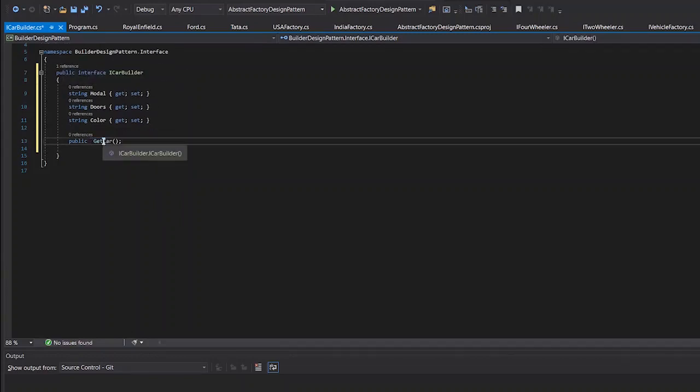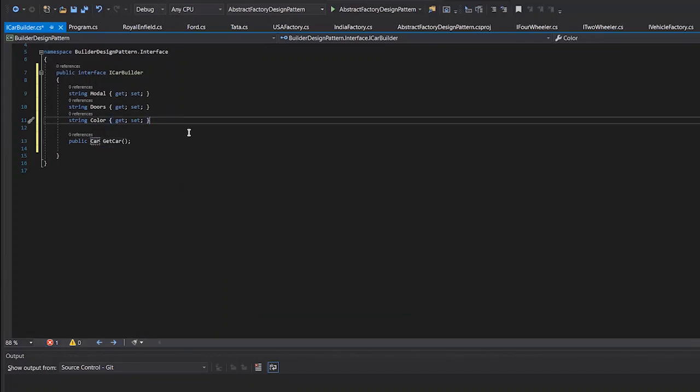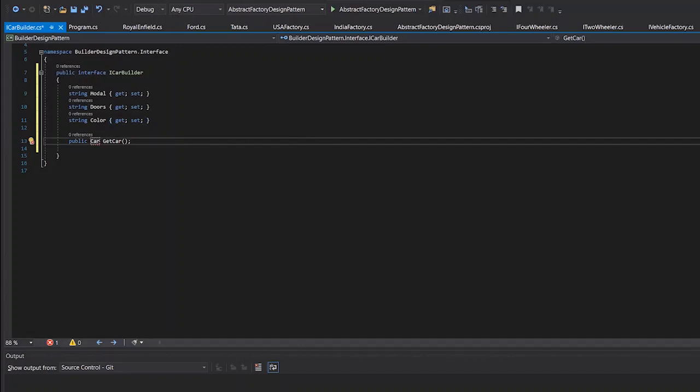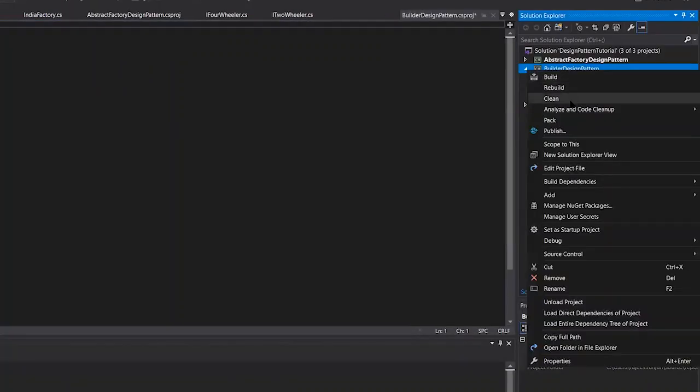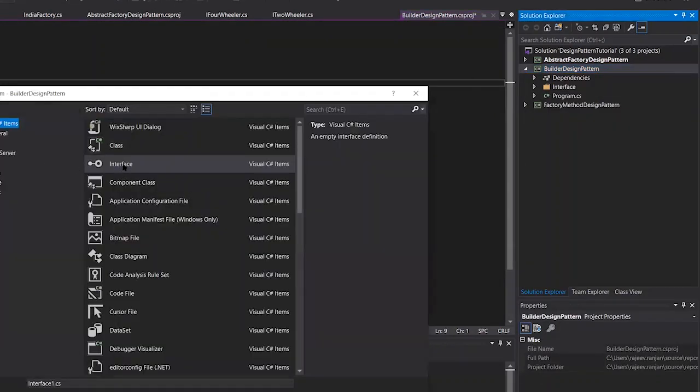Sorry, this should be our ICar. Let's create a Car. Car would be our final product, according to our analogy. So let's create a car model here. Create a class.